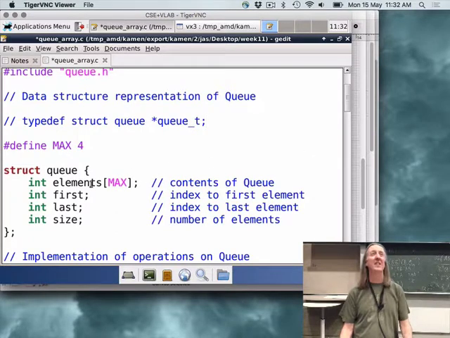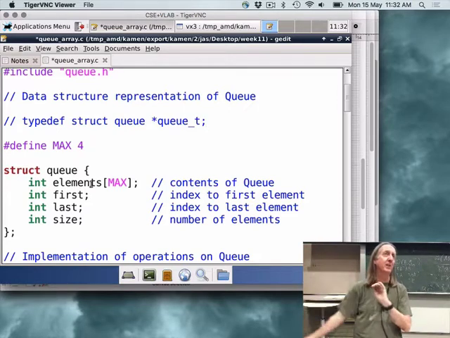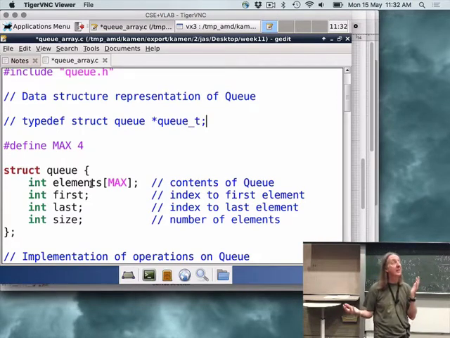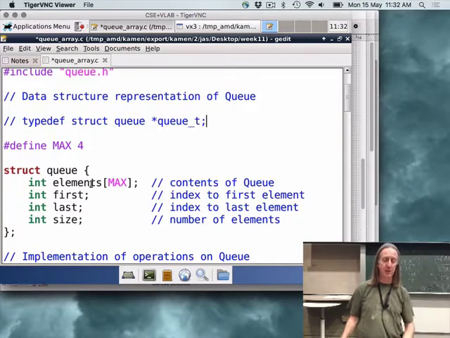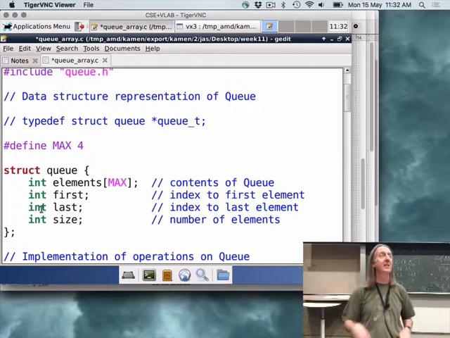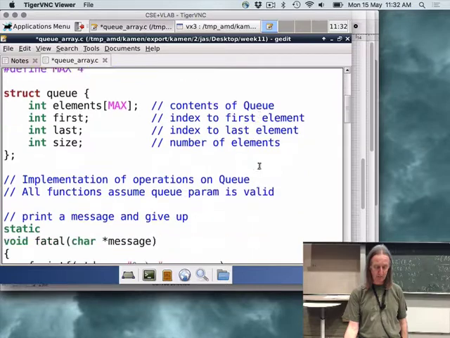More likely you're going to have a pointer to the first item of data, and that'll point off to other items of data or some other kind of data structure. And typically the actual data won't reside inside this struct, it'll be malloced in little objects outside the struct. We'll see an example of that when we look at queues implemented as lists.